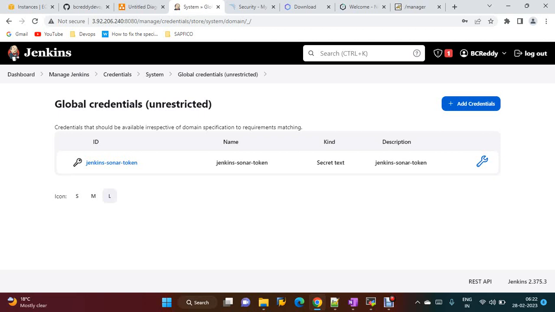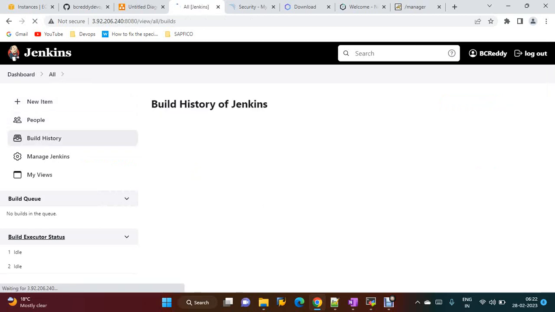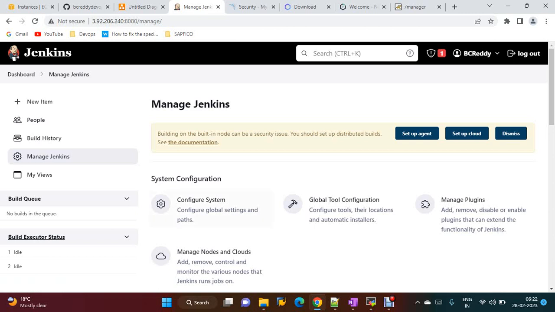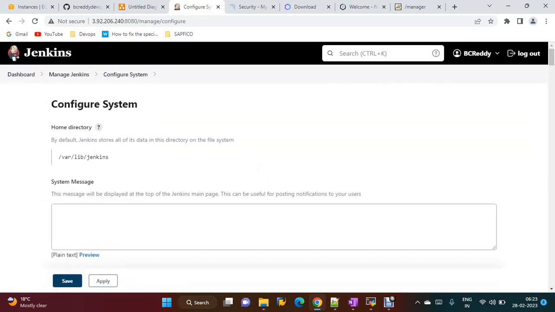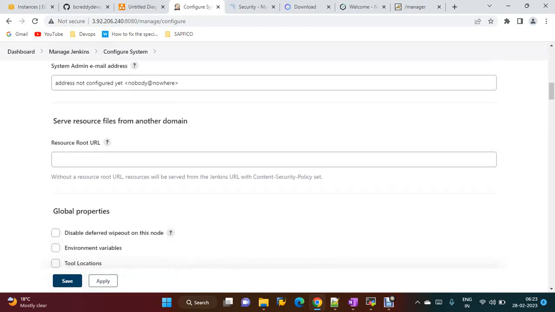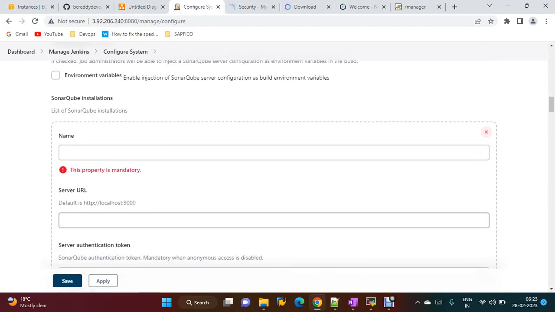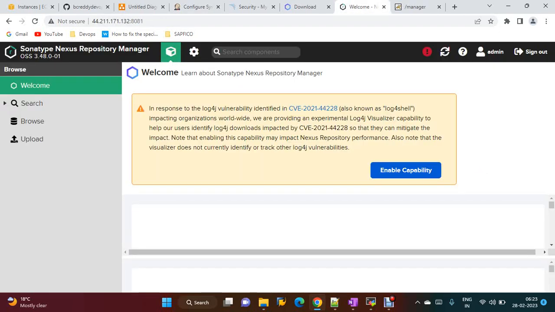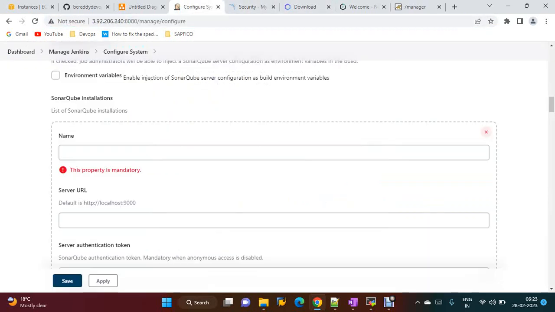Once this is done, you just need to go to the job, and we have to add the SonarQube server details as well. Okay, that is one more step we have to do. Configure system. If you scroll down, there is a SonarQube server. Add Sonar. Okay, you have to provide the SonarQube server details like IP, name,